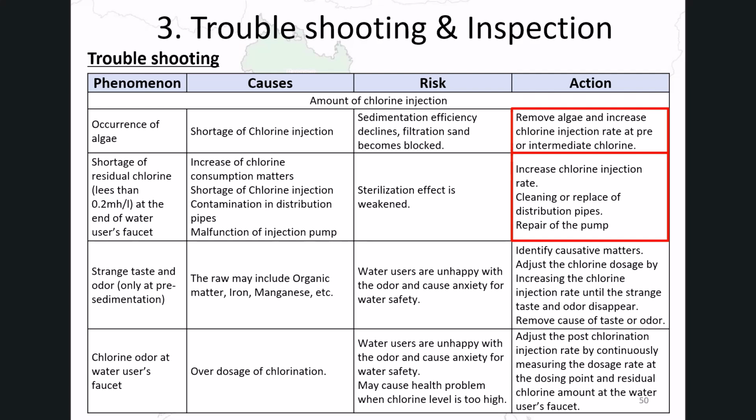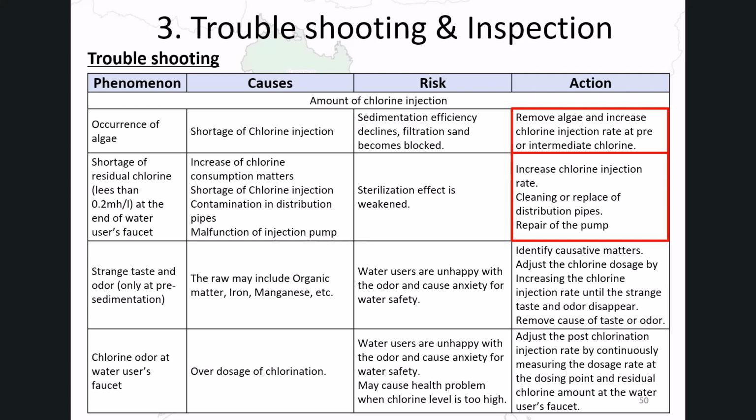Up to this point, important points of the chlorination were explained separately, together with basic theory, confirmation points and control measures. And these points are converted into one table of troubleshooting, so that you can identify what caused the problem and the necessary actions to take from the phenomenon you observed in the chlorination.